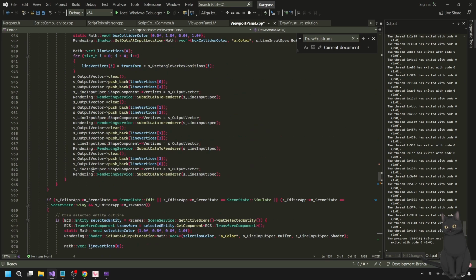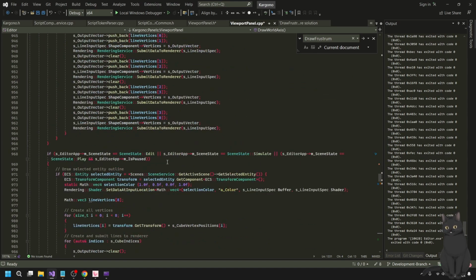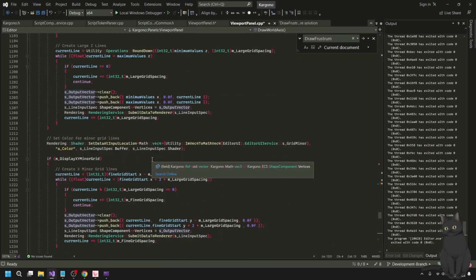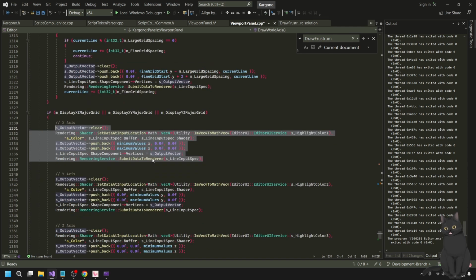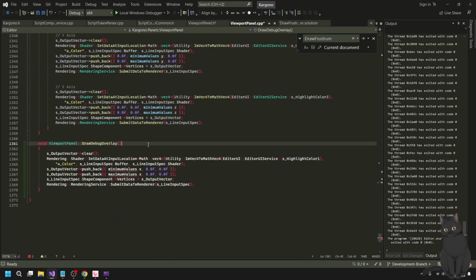So the first thing I'm going to do probably is just... Well, let me go find the function I was working with. Put it below the world axis, right? Right here, okay. So it's still the line input spec, it's still the same.